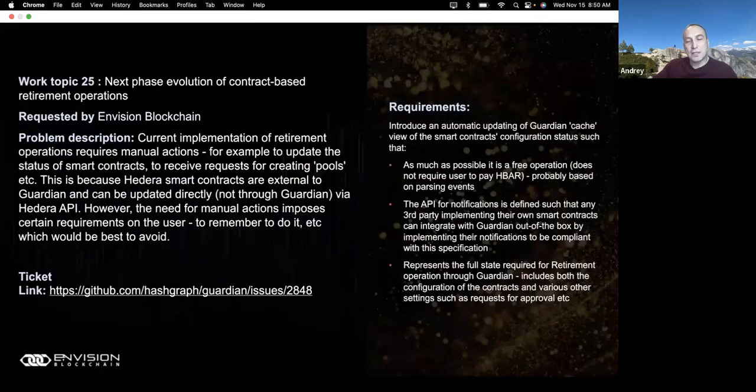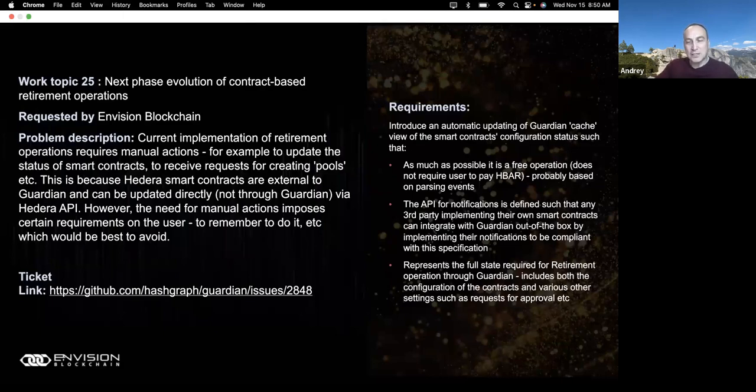There are certain things that we could add to synchronize the backend and the front-end layer in the area of retirement. As I said, we've mostly focused on producing a rock-solid backend, the foundation for the entire world, hopefully, of applications using these tokens produced by Guardian.